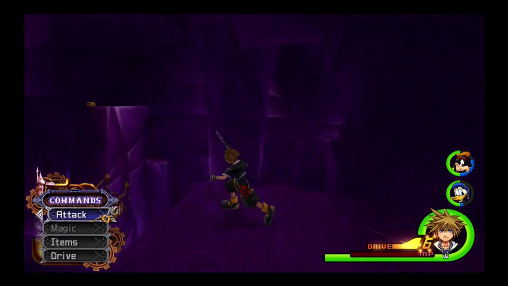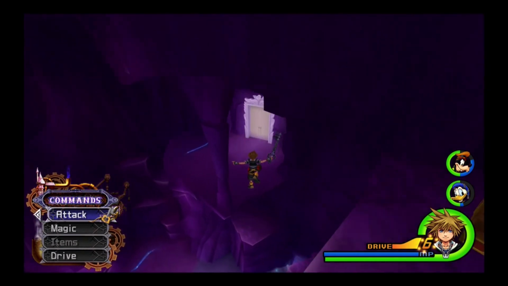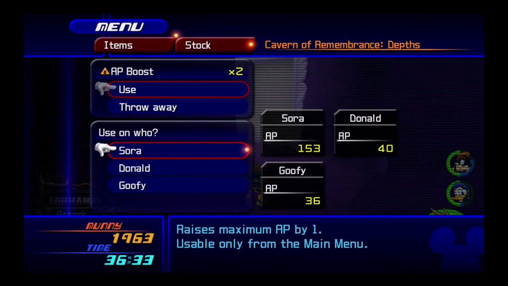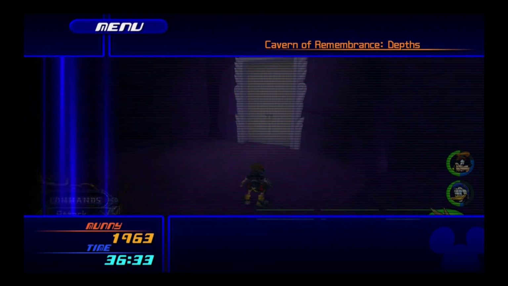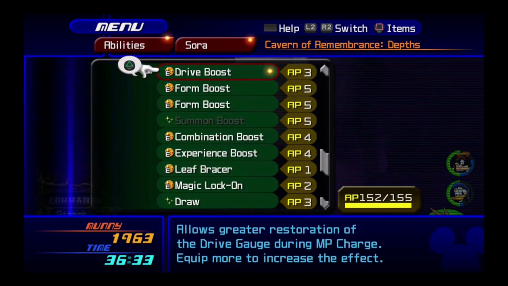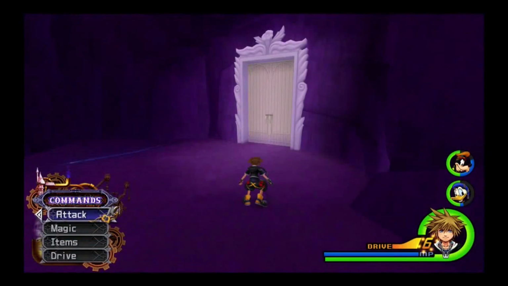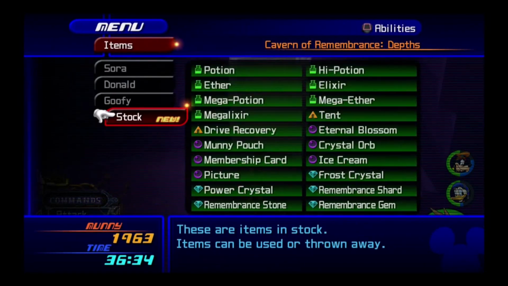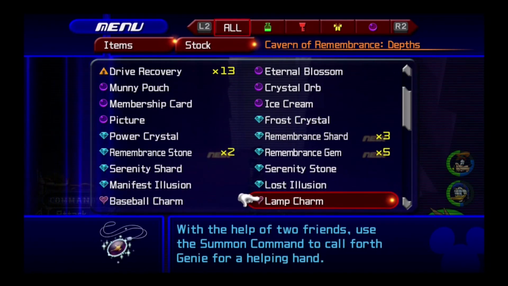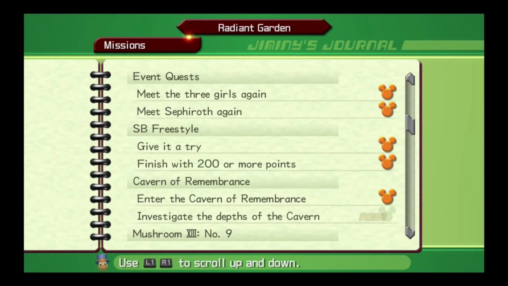You can come into the Cavern of Remembrance when you... There you go, perfect. You can come into the Cavern of Remembrance the minute it unlocks during the Battle of Hollow Bastion. But you have to remember one thing. In order to fully complete the Cavern of Remembrance, you need to have maxed out all of the drive forms, including Final Form. Limit Form is not important, but Valor, Wisdom, Master and Final are the ones you're going to need to have maxed out,